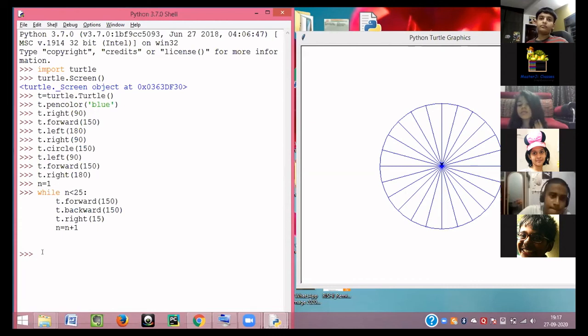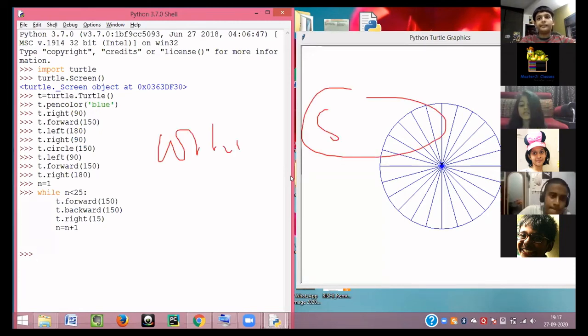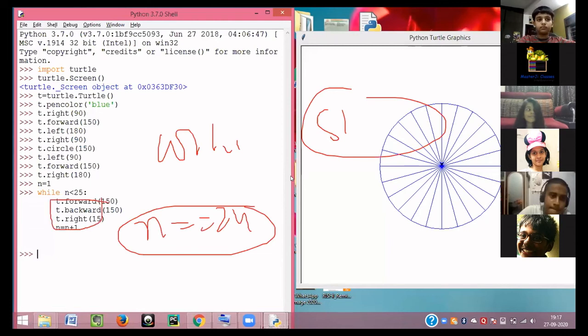Ishan, can you hear me? Yes, sir. Ishan, the thing is that for the while loop, the condition should be always true if you want to run the program. If you write n equals to 24, whatever is written inside the while loop will work only when the n value reaches 24, or else it won't work.